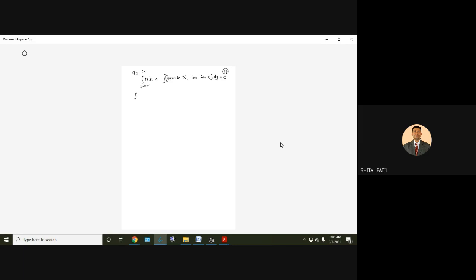So 3 by x minus y by x squared, plus constant. Terms in N which are free from x: minus 2 by y. So 3 log x